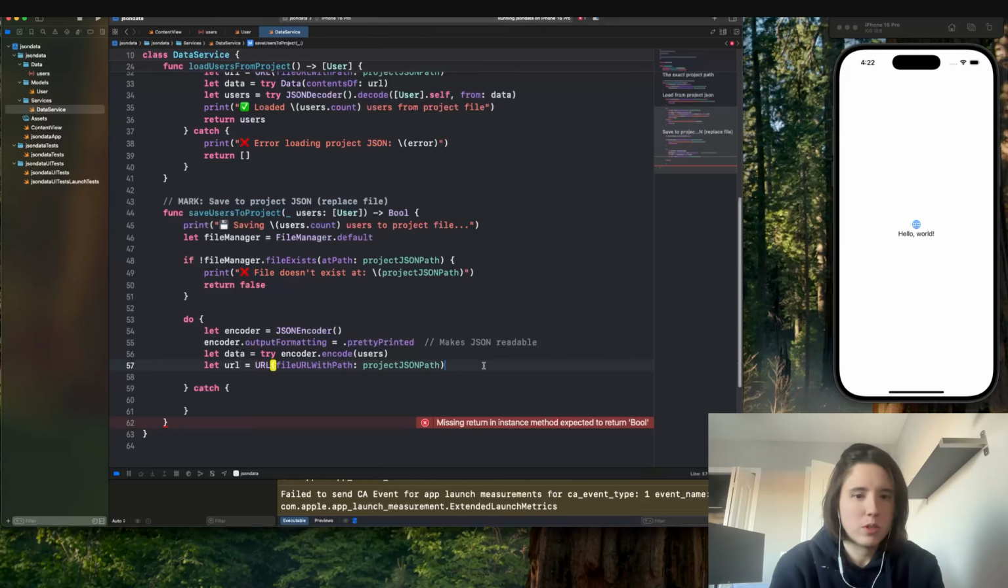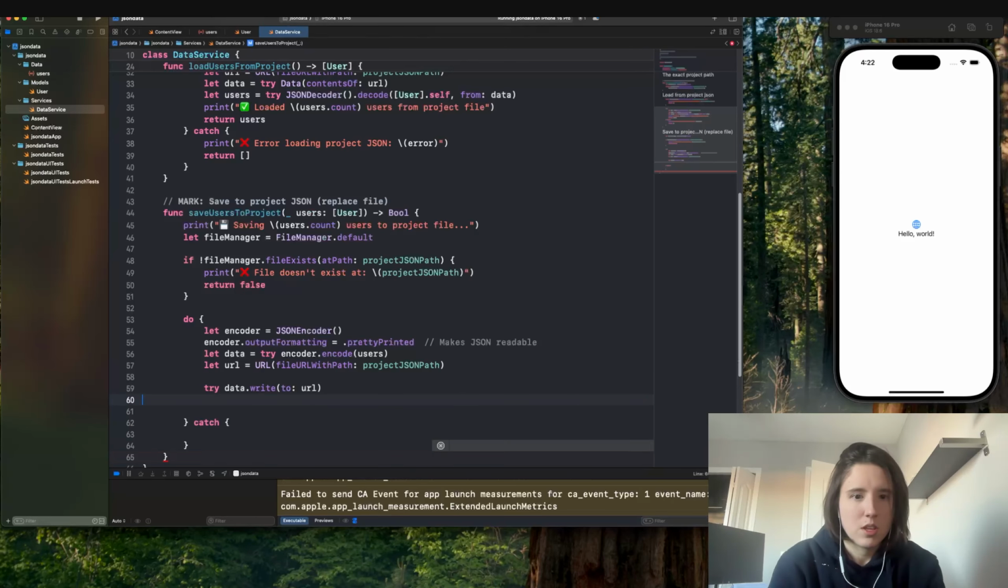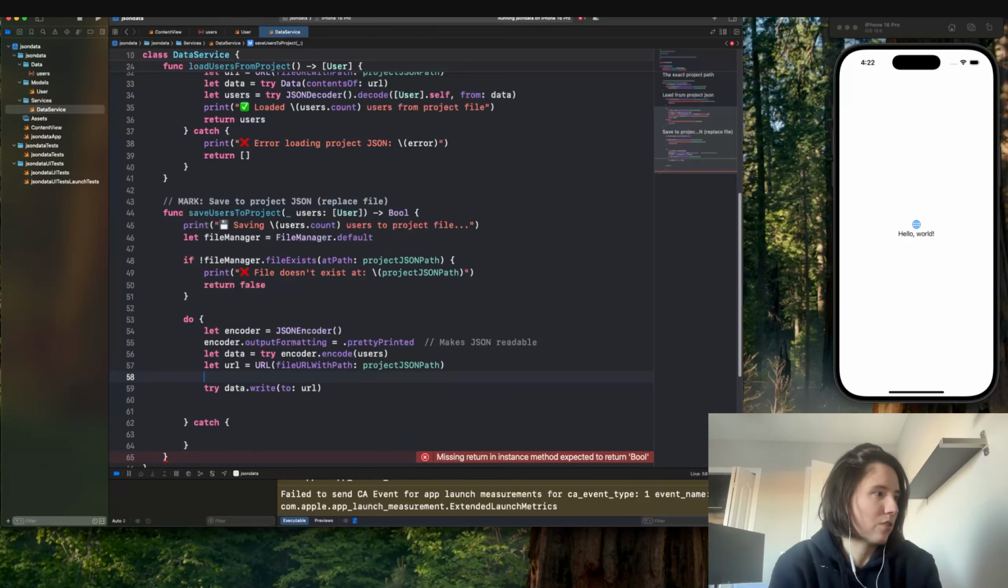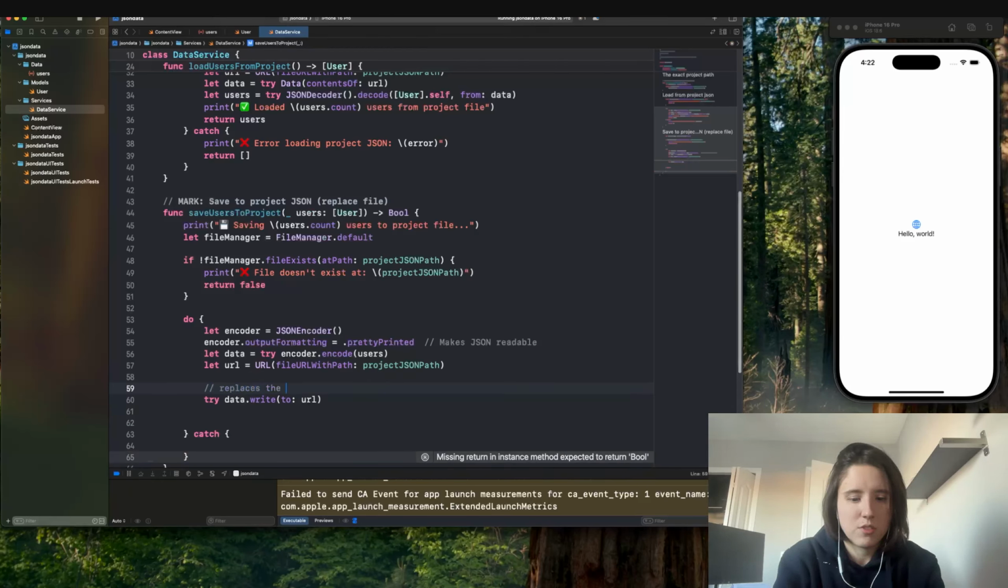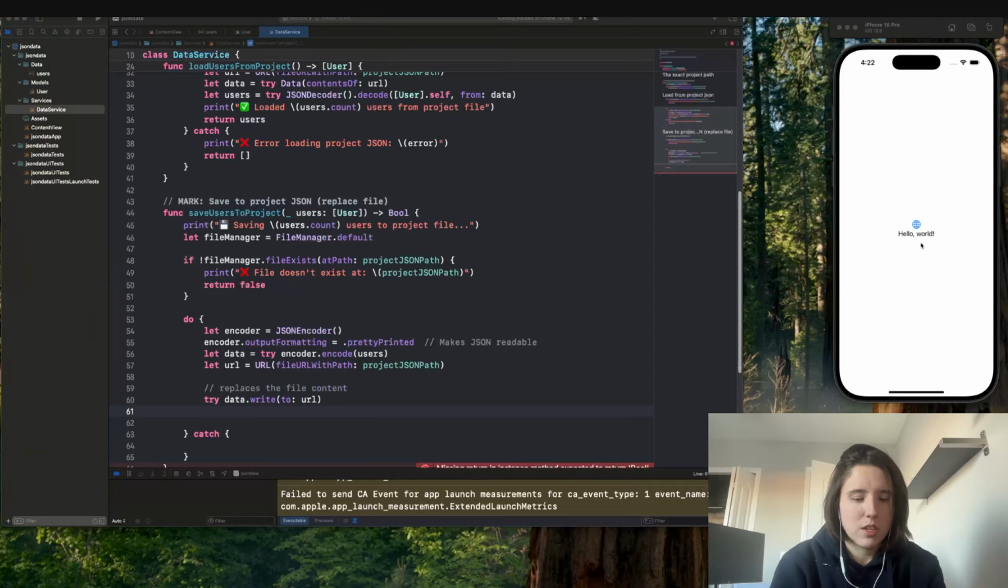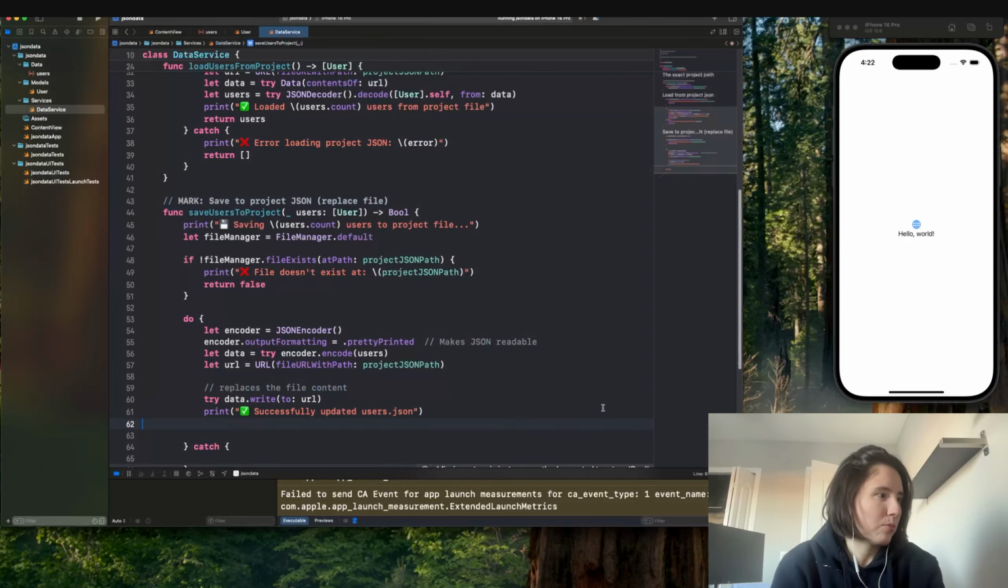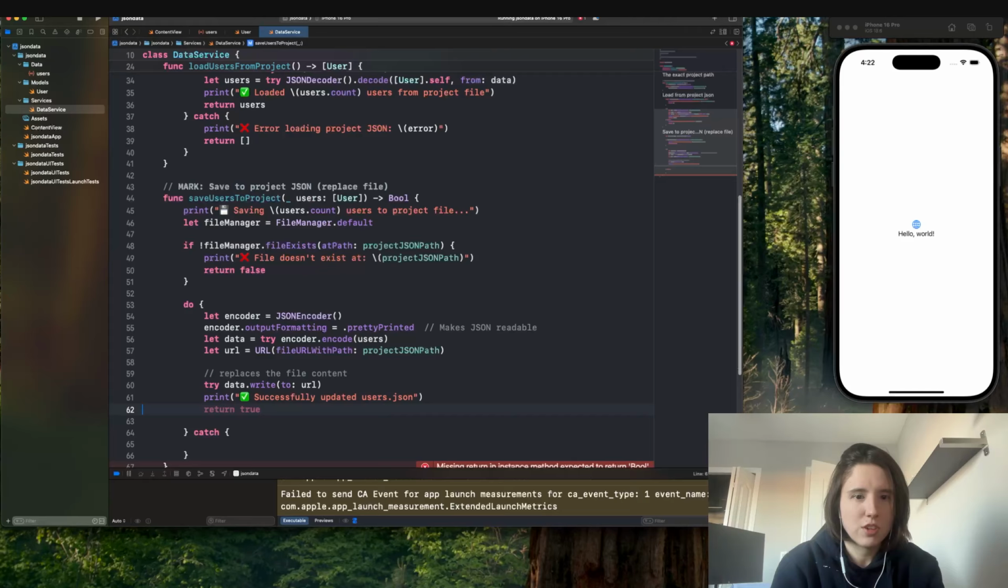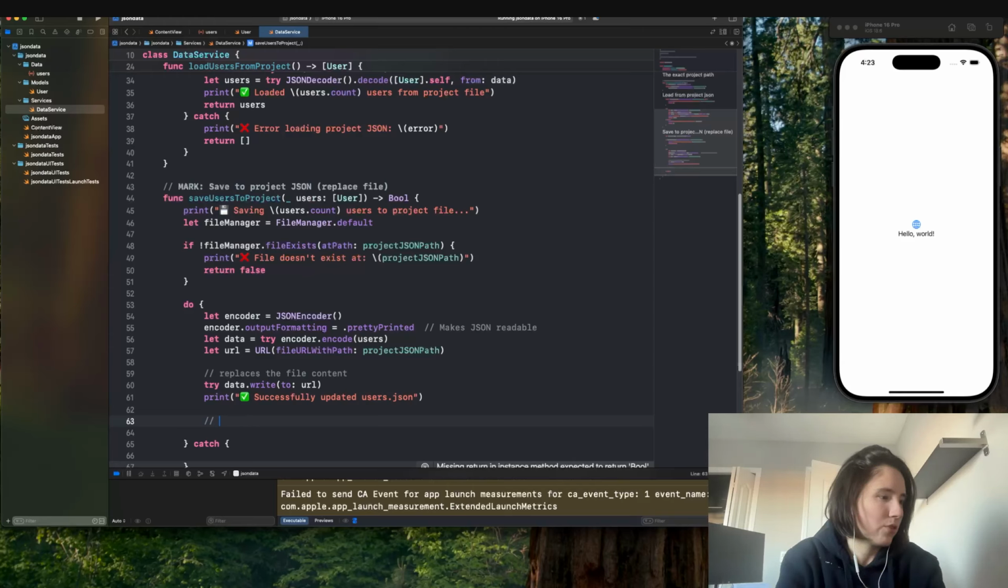And then here we're going to print, replace the file content. So this replaces the file content. Based on the URL, wherever we're grabbing the data, we're also going to be writing to that same file name. And we'll say here that we have successfully updated the user.json, and we'll also have a summary. So print summary of changes,